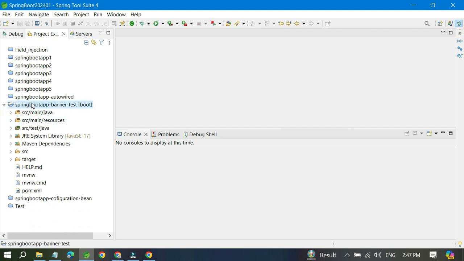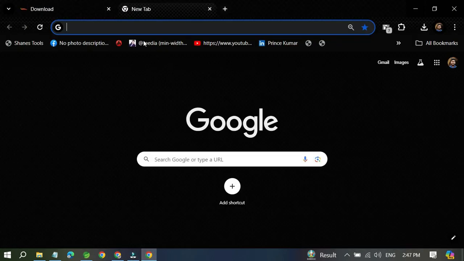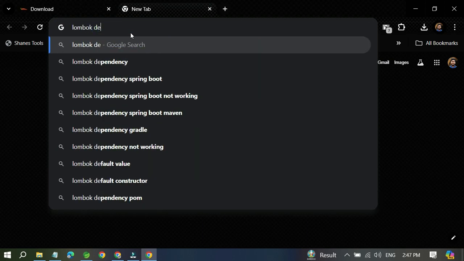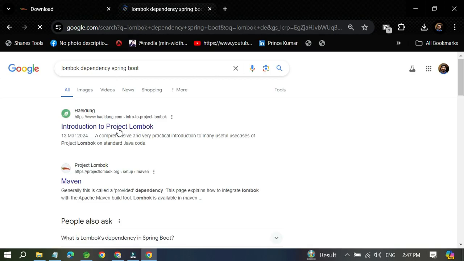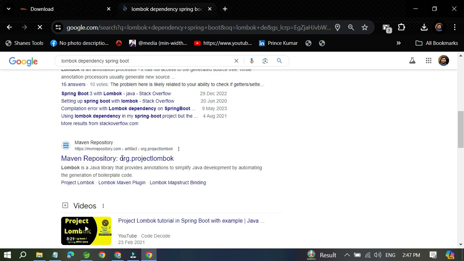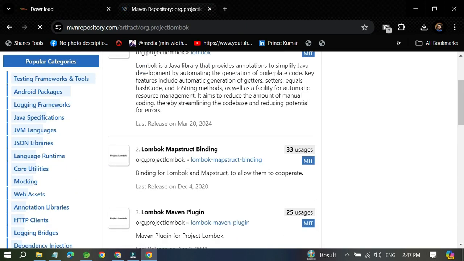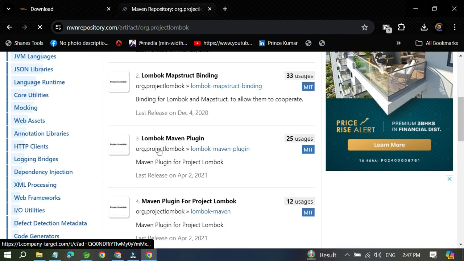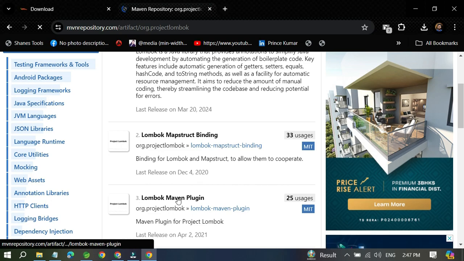So for example, this is your project, so go to Google and search for Lombok dependency for Spring Boot or anything, and you can go to the Maven repository, that is a good place. From here you can select any Lombok, Lombok Maven plugins. If you open it,